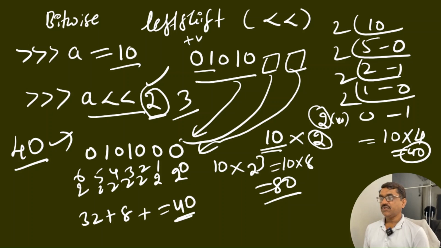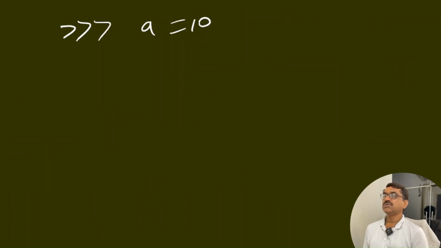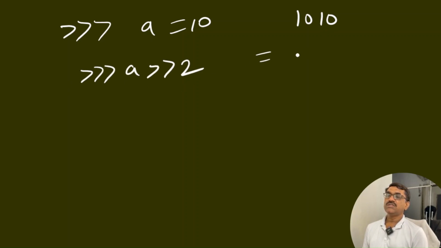If it is the right shift operator, instead of multiplying, we are going to divide. We will see that. Just now I said A is equal to 10, and the binary equivalent is 1010. If you apply the right shift operator 2 in the Python shell, the result you are going to obtain is 10 by